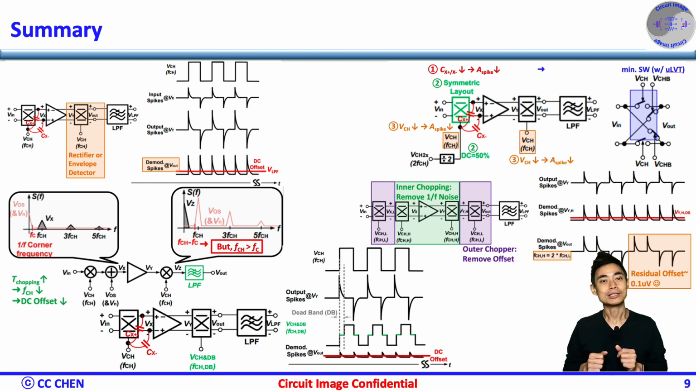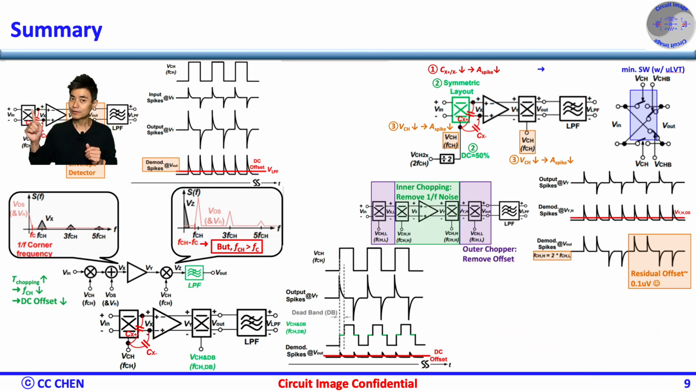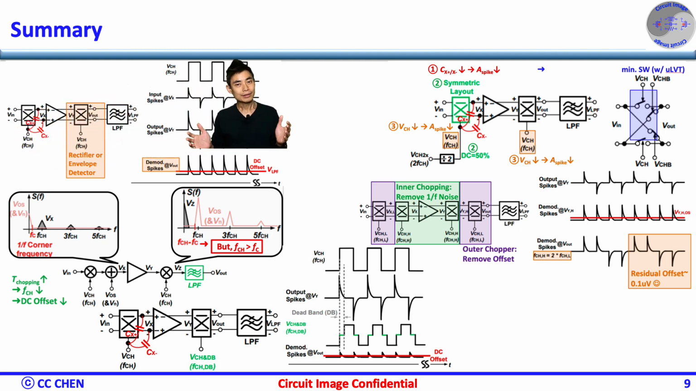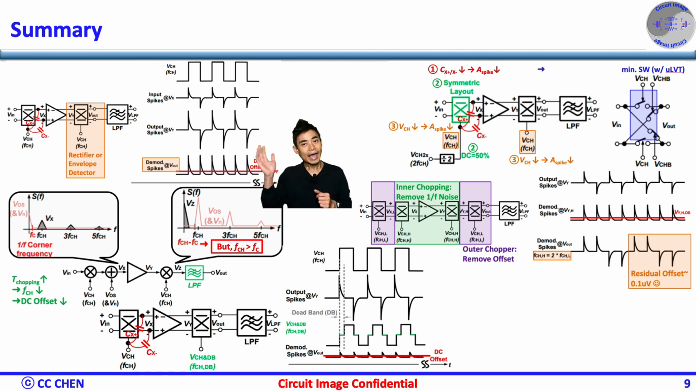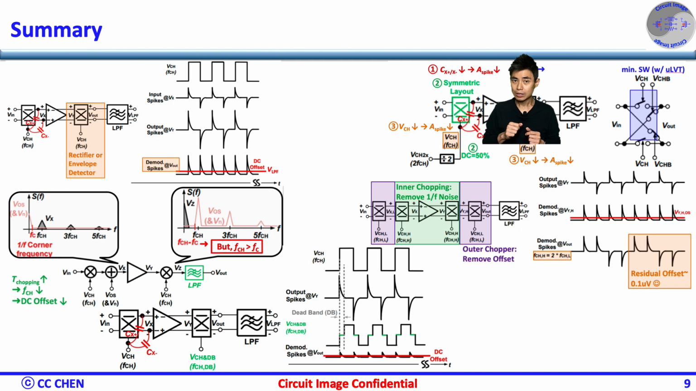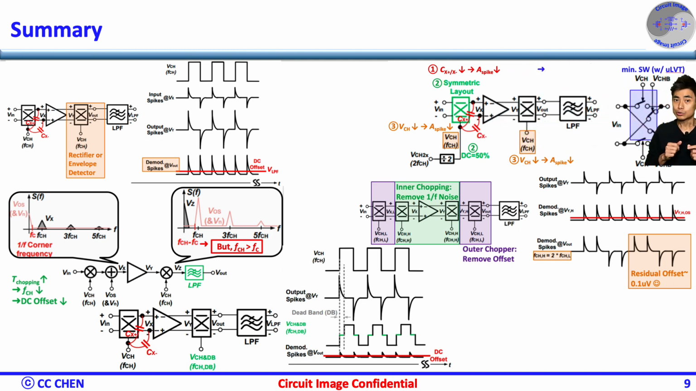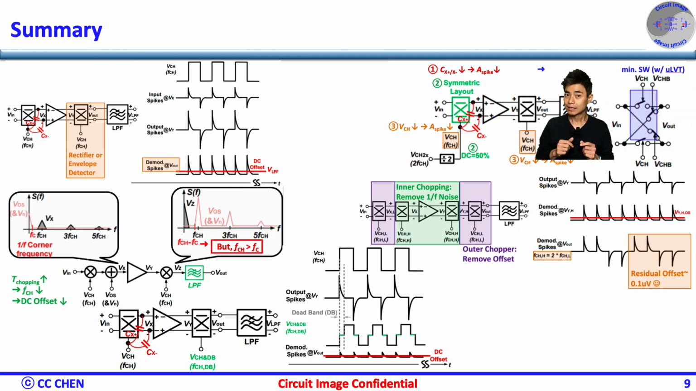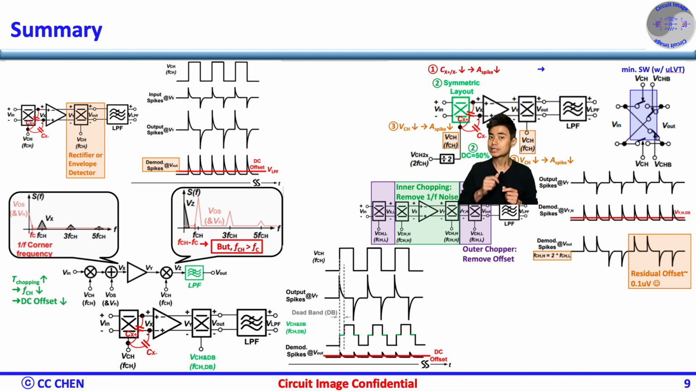Here is the summary of why we face the design challenges in chopping offset and flicker noise. First and foremost is the chopping clock's charge injection and clock feed-through. Then the coupled spike at the amplifier's input will then be amplified and become bigger spikes at the amplifier's output. Then the AC spike after the second chopper is demodulated to a DC spike and then is filtered to a residual DC offset. To reduce the residual offset, we suggest to minimize the switch size with ultra-low VT devices and a symmetric layout, 50% duty cycle clock,